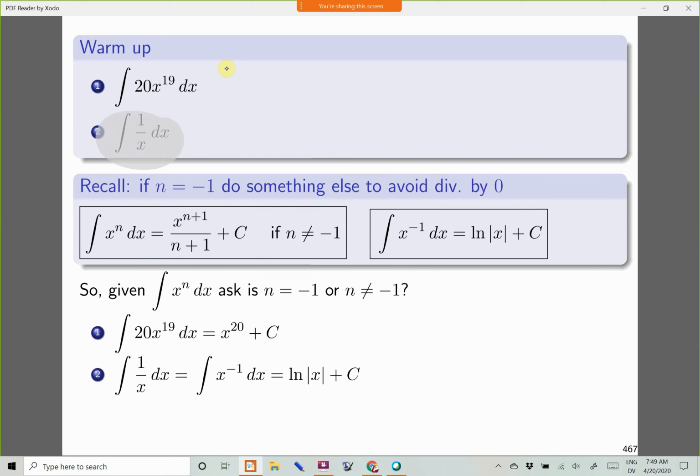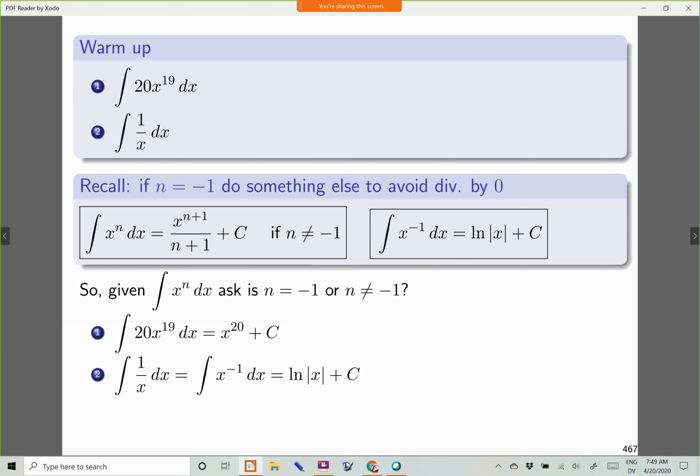The second warm-up question, integral of 1 over x dx, is not really in either of these formats quite yet. We just need to slightly rewrite the problem. So this 1 over x that's right here, I'll circle that, is written x to the -1 right there. Now that's just an algebra step to rewrite how that looks. So that's why the integral sign is still written. That's why the dx is still written.